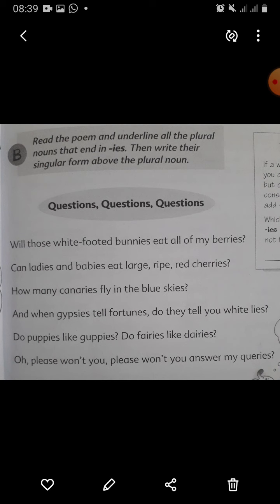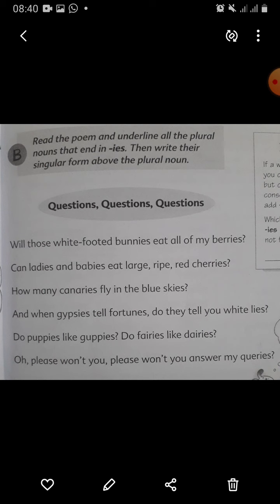Do puppies like guppies? We change puppies into puppy and guppies into guppy. Do fairies like dairies? Fairies will be changed into fairy and dairies into dairy.